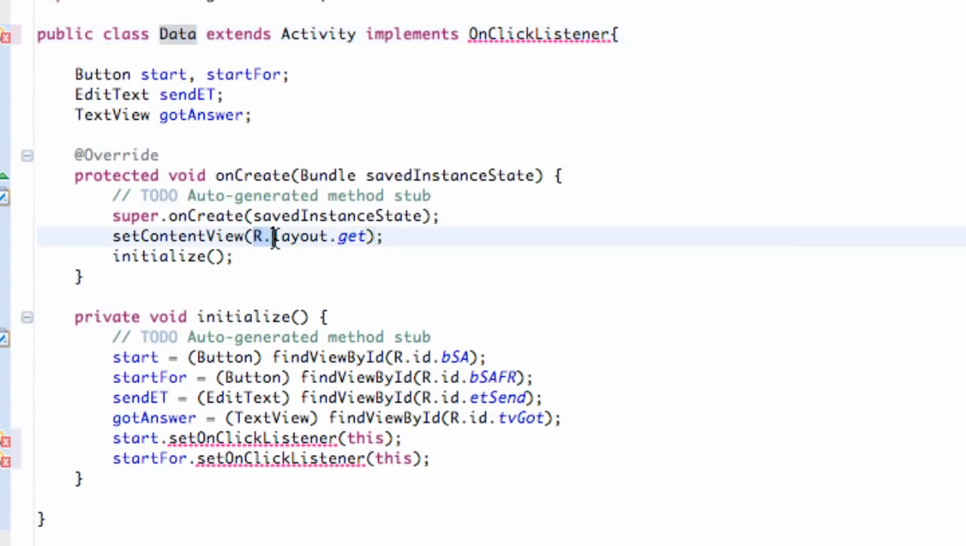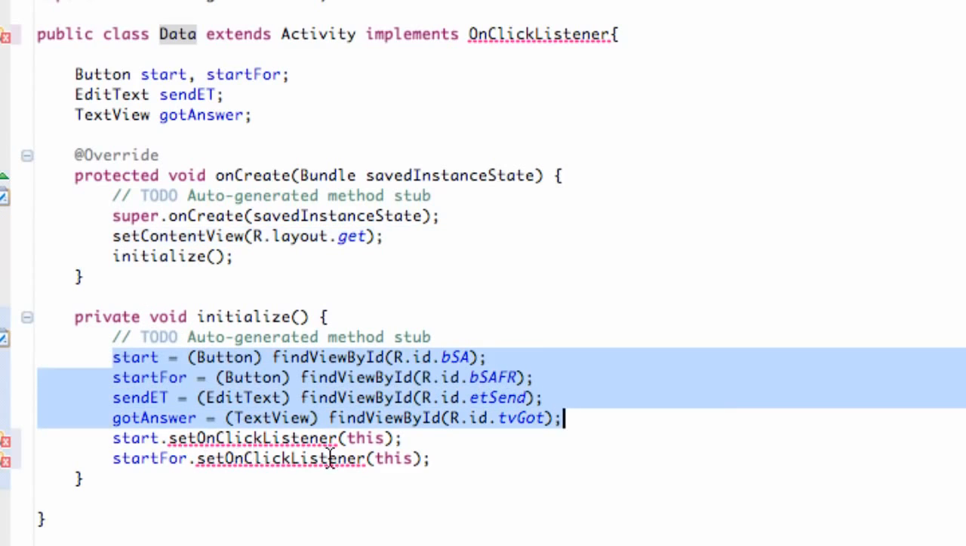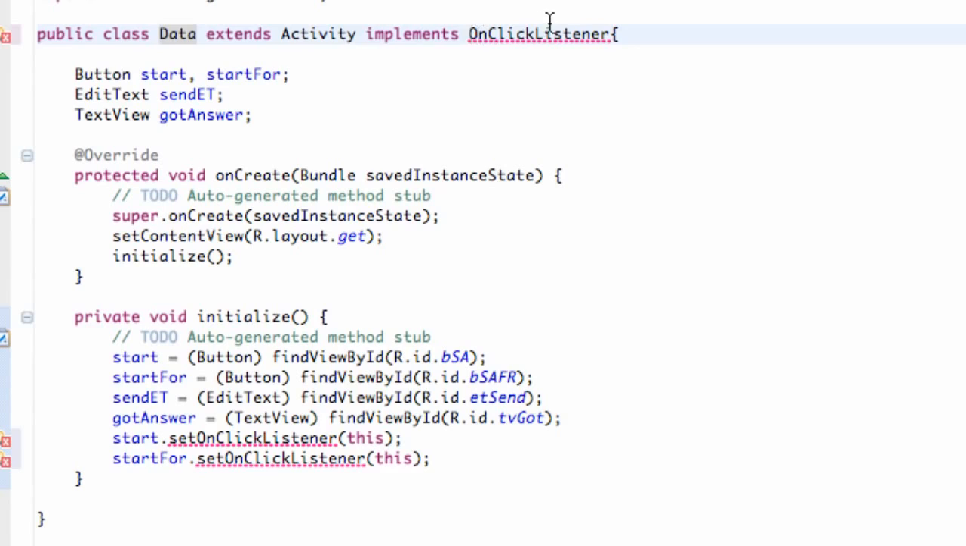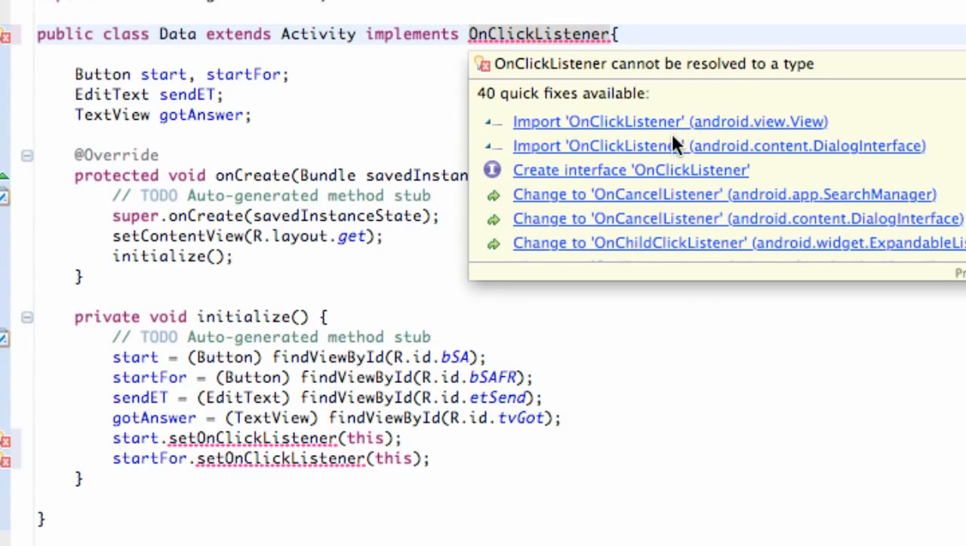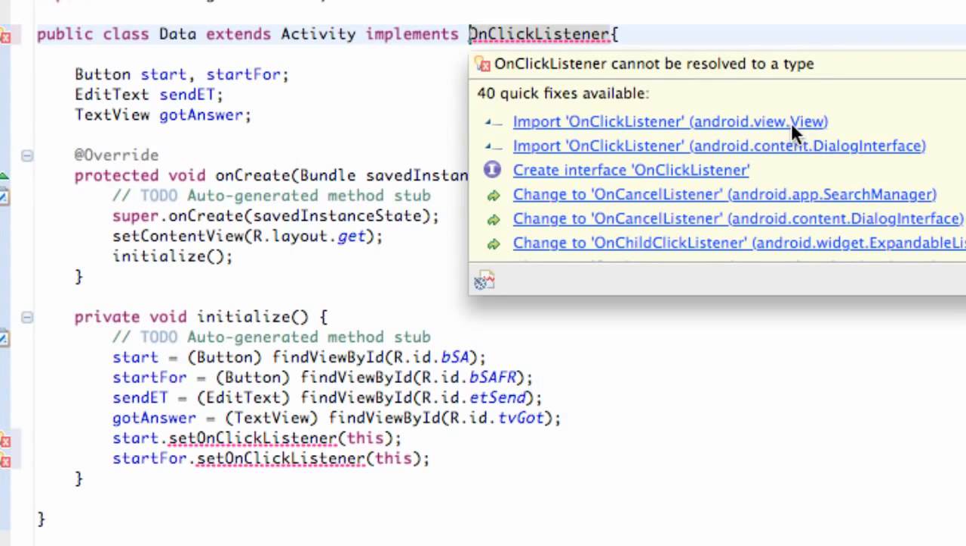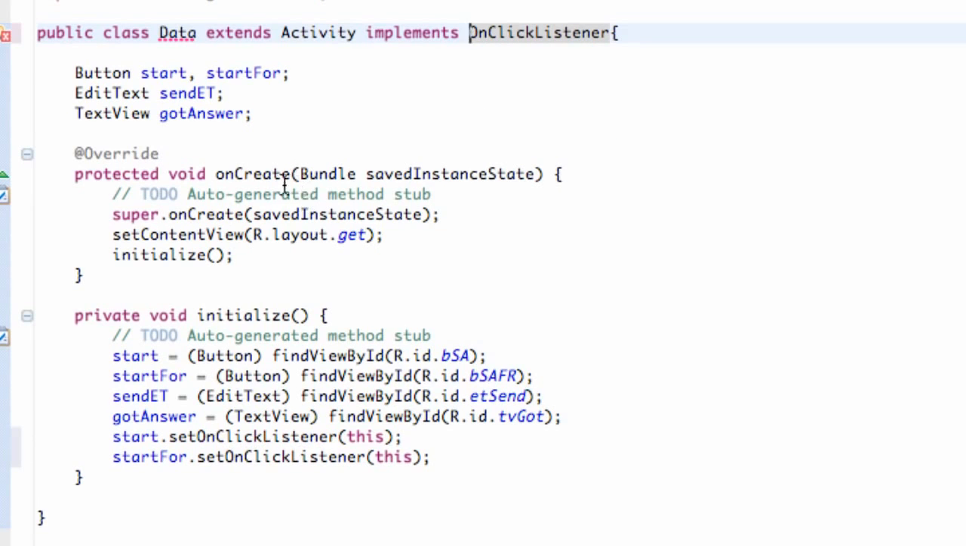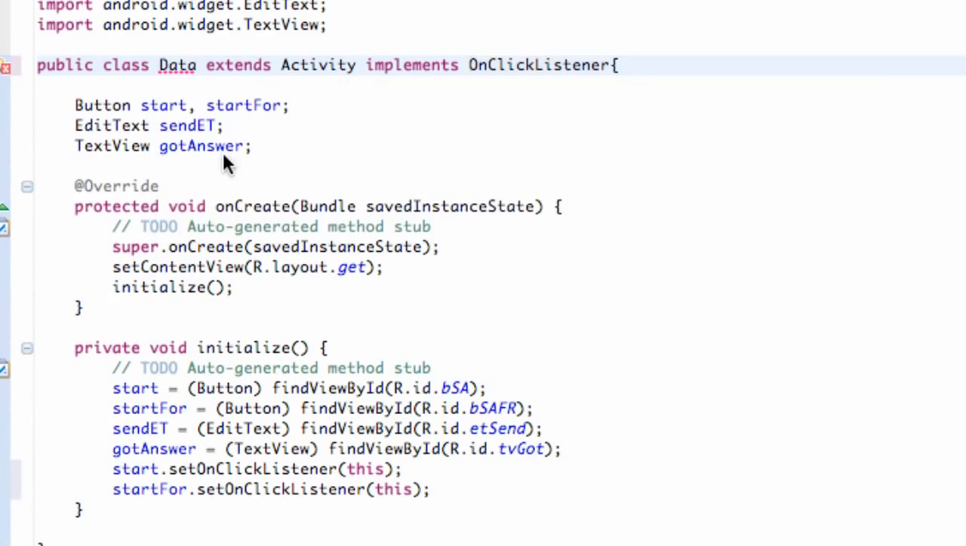view. Then again, for the data class, you want to use the get layout, and then I created this initialize method, which initialized all those variables, set the references, and set the OnCheckedListener to this. I also want to show you this: you can just type OnCheckedListener, but if you hover over, you have two different classes where the OnCheckedListener comes from. One's from the dialog interface. You don't want that one. You want it coming from the view package. So just click on that one,